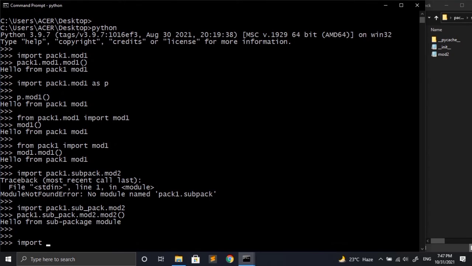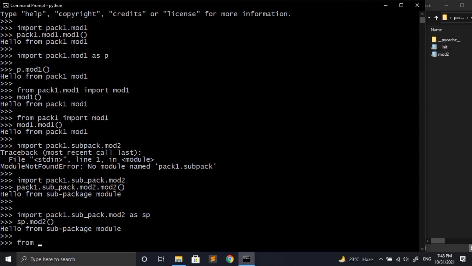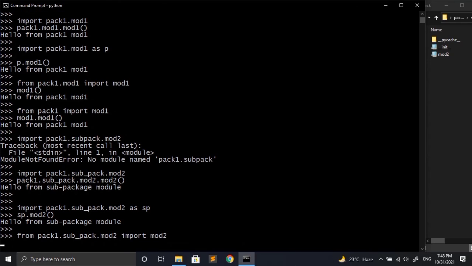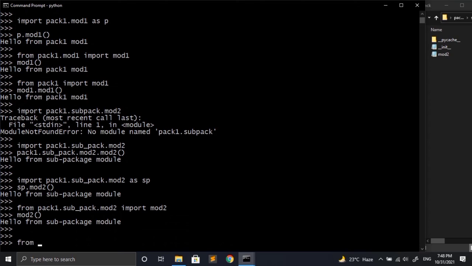To shorten the path, we can directly use the as keyword. We have to write the same import statement, and after that we can just add as sp or anything that you want. Now to access the function inside the module, we can directly write sp.mod2 and the function will work. We can directly import the function or definition from the module by using the from import statement, and for that we have to write from pack1.subpack.mod2 import mod2, which is the function, and if I directly write mod2 with parentheses, then it will work perfectly fine.